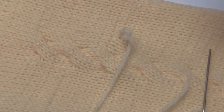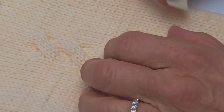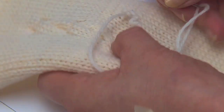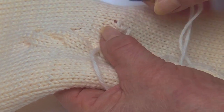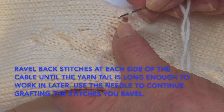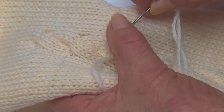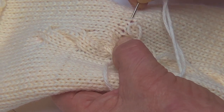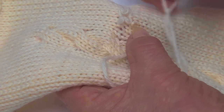Now you need to deal with the little tails that were left from before. And the easiest way to do this is to make them longer so that they're long enough to finish off on the back side of the fabric. And that means unraveling a few more stitches at a time, only 1 or 2 at a time so you don't lose control of this. And use the new yarn to stitch in